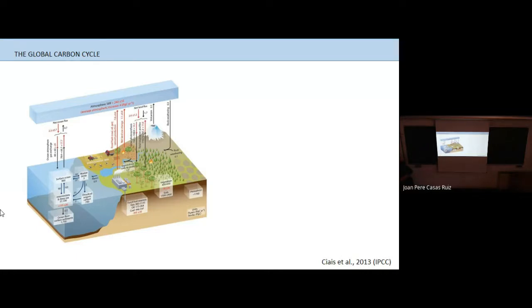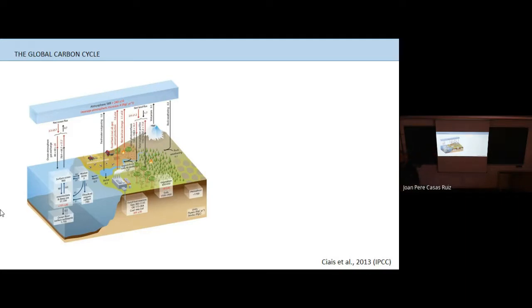But after a few years of intense research, we realized that not at all. They are actually very active in terms of processing carbon. They do transport carbon, but during transport, this carbon is processed a lot. Some of it can be trapped in sediments of lakes and reservoirs, for instance, and some of it can be mineralized and emitted back to the atmosphere, offsetting some of the sinks that we have in forests and wetlands, etc. This is understanding these vertical and horizontal dimensions of inland waters in terms of carbon.